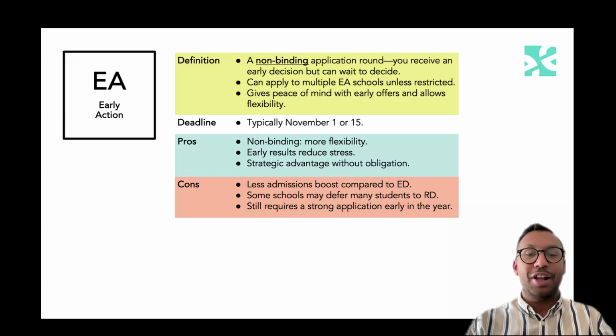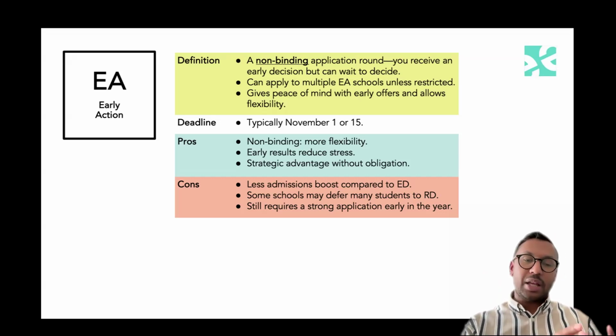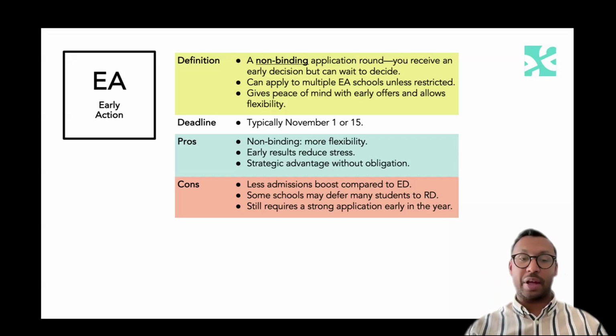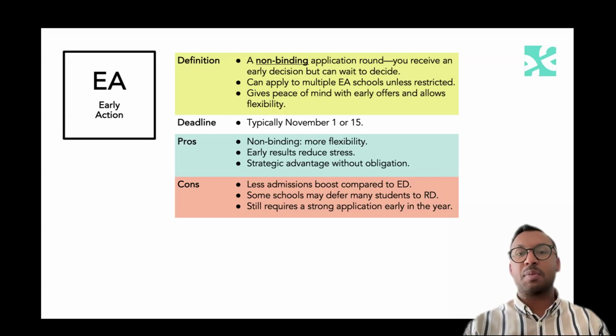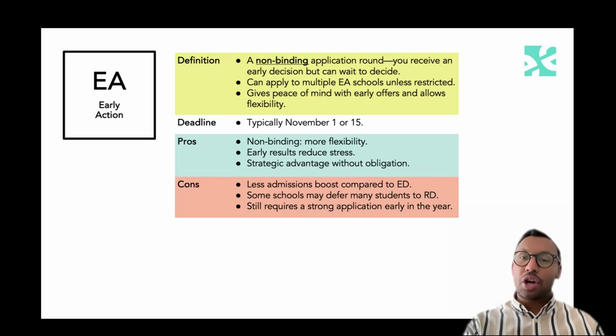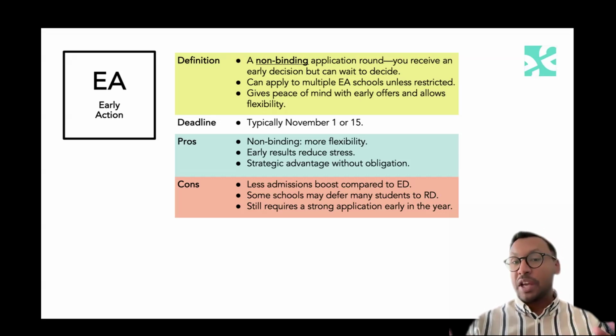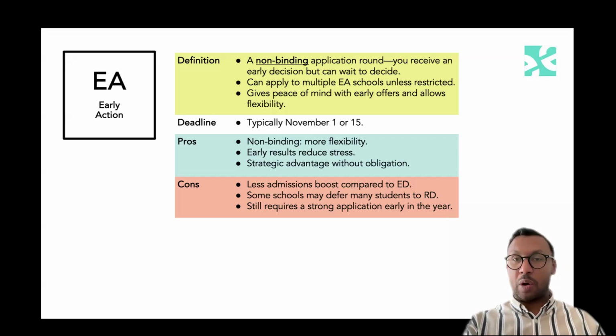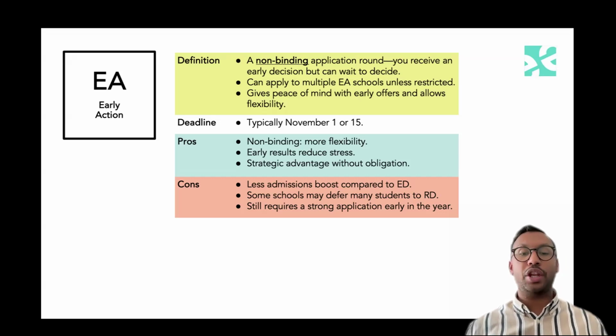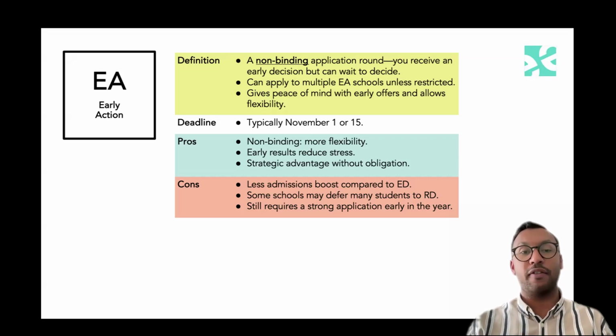Let's say, for example, your leadership. And by taking the time to really focus on developing that leadership role within the first 6 months of your senior year, it might be a great idea to then not apply early action. So the main point here is that because early action exists and a school offers it, it doesn't mean that you necessarily need to apply. Unless you are very confident in your choice, it also gives you the peace of mind that if you were to receive a positive outcome from early action, you know that you have a secured pathway moving forward.